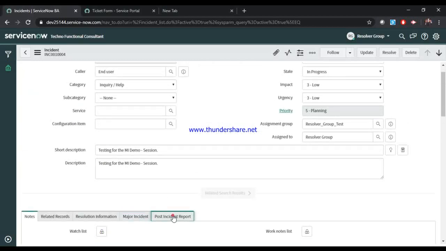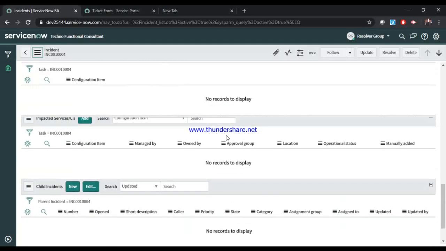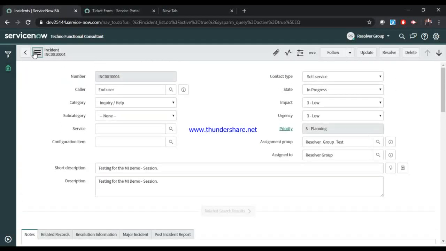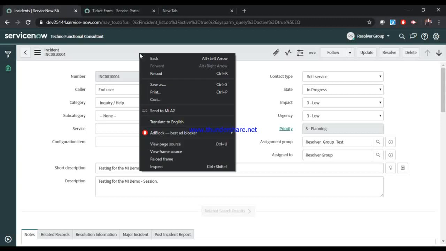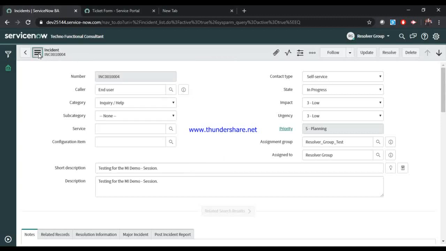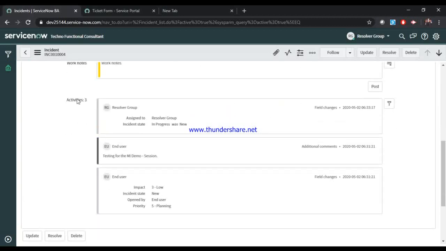It seems some issue is there. It is not opening. So now I'll go to this additional action. I click on this part. There is a little slowness, so I'm not able to work on that particular part at this point of time. Let me click here again, or maybe I can right click here. It's still not showing to me. Just wait for a few seconds, and then we can see.